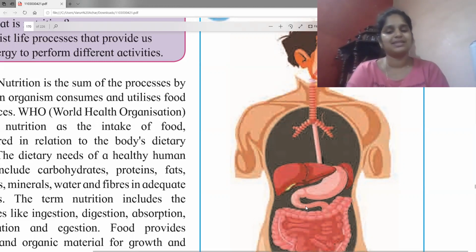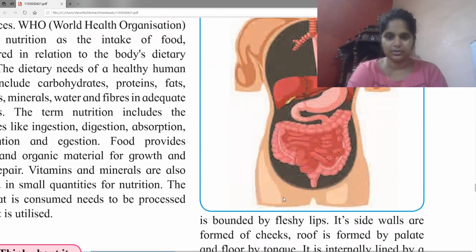Now this 6 meter long small intestine is divided into 3 parts. The first U-shaped structure, which is 25 centimeters, is called the duodenum. The later part of it will be called the jejunum, and the jejunum is 2.5 meters long. It is narrower than the duodenum, so that when the food particles or the chyle are passing through it, because of the narrow diameter, the chyle gets squeezed and all the nutrients or the effective juices from it come out.